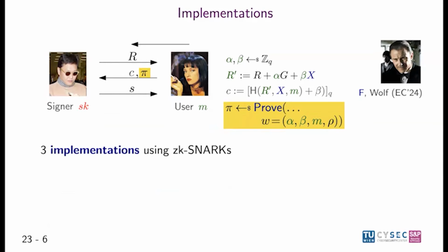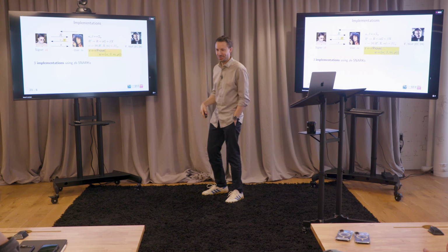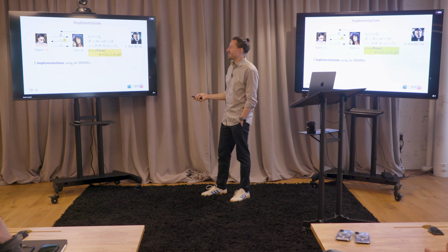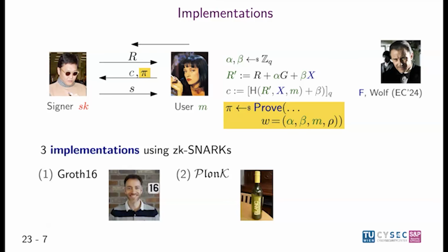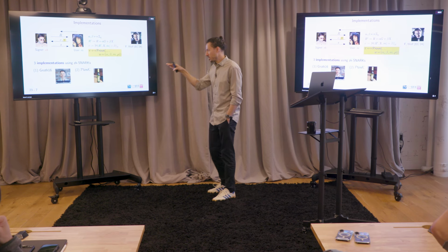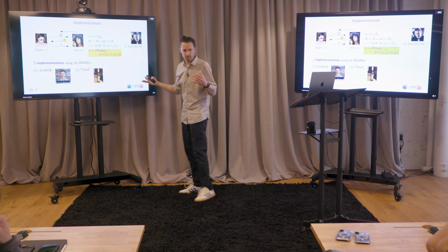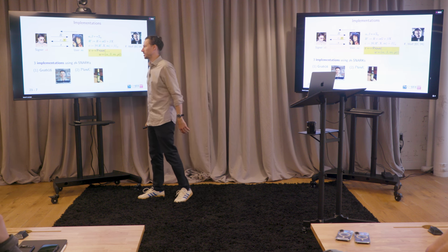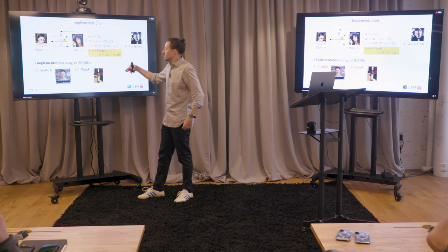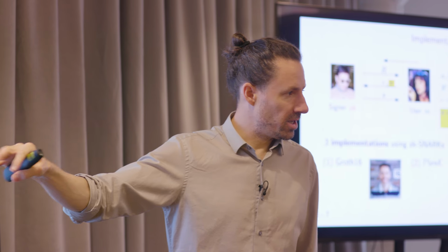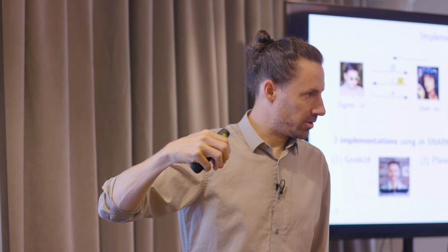We gave 3 implementations using, at the time, 2023, which is ages ago in SNARK time, the state-of-the-art available SNARKs. So we used Groth16 and Plonk, which are 2 proof systems that require trusted parameters. And maybe a word on this. If you're in Bitcoin, everything's decentralized, so who sets up these parameters? Or in this blind signature example, who sets up the parameters? In an older result, I showed that Groth16 is subversion zero knowledge: even if the parameters have been subverted, zero knowledge is maintained.